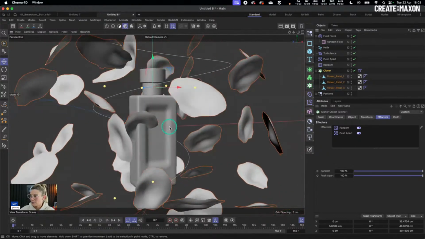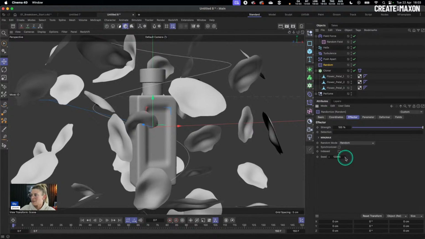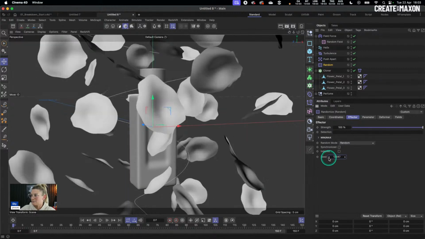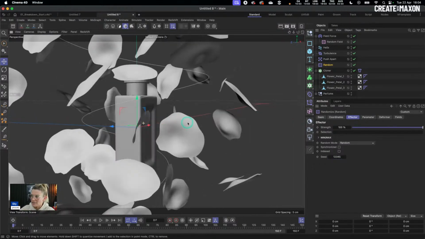What I like to do sometimes, within my random effector, which is randomly repositioning my petals, is come into the seed value and randomly iterate, play it through, and see which ones I think look nicest. I do this quite a lot, and I did this a lot in the final, especially when I had my camera animation set up. I changed this seed value and played it through until I found a shot that I was happy with. But you can't always